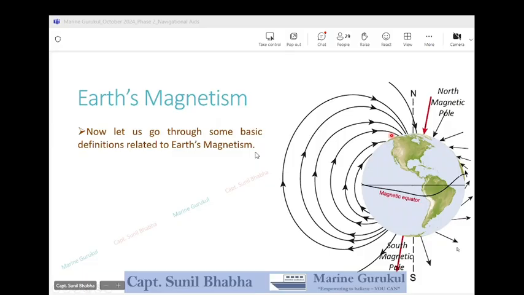A very important property which should be clear in our mind related to these magnetic lines of force is their angle of cut. Now, if you look carefully, these red color arrows represent the magnetic poles of the Earth. Now at the south magnetic pole of the Earth, you see these magnetic lines of force coming vertically out from the Earth's surface. In other words, you can see they are making a right angle to the Earth's surface. They are perpendicular to the Earth's surface, or you can say the magnetic field lines are vertical at the location